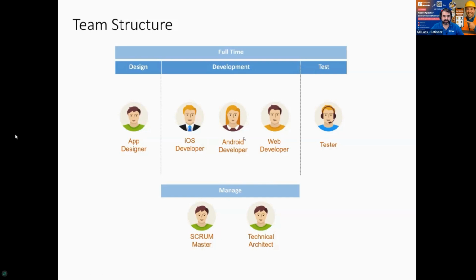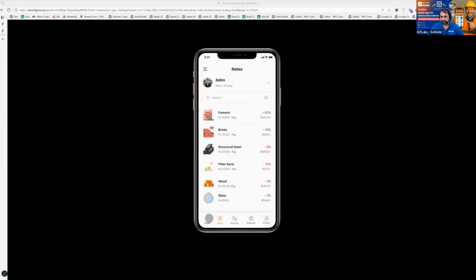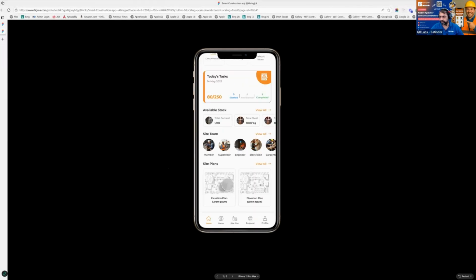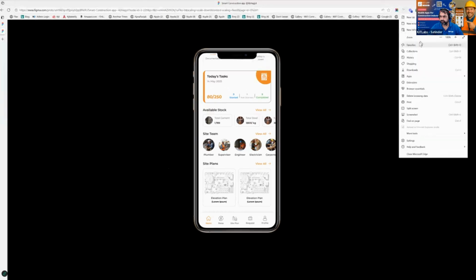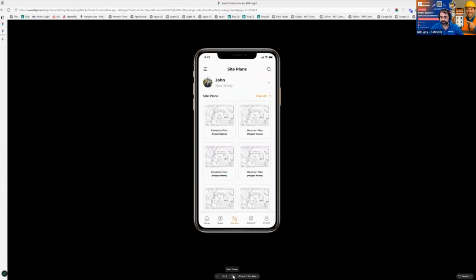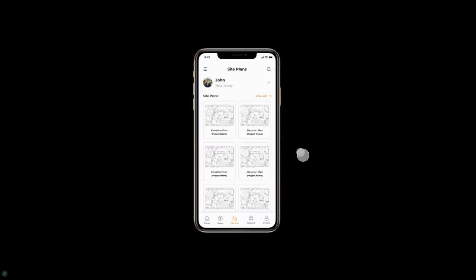Let me bring that screen once again here. On this screen, if we go back to the home page here, these are the site plans. Once we go into the detail of those site plans, we can share them. Whomsoever you are sharing with, they can be either in your team, or you can also do a guest. You need to provide their email ID, and you can send it to them.